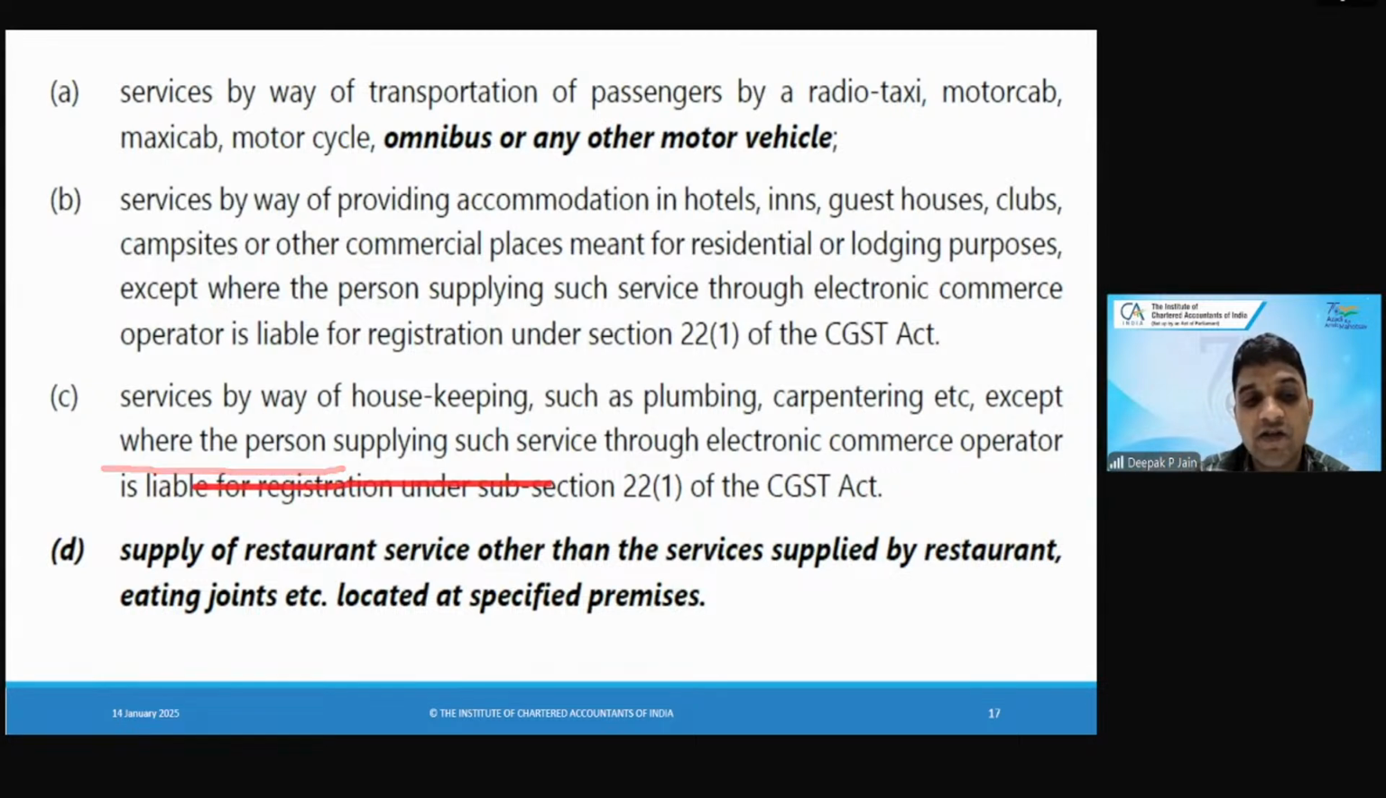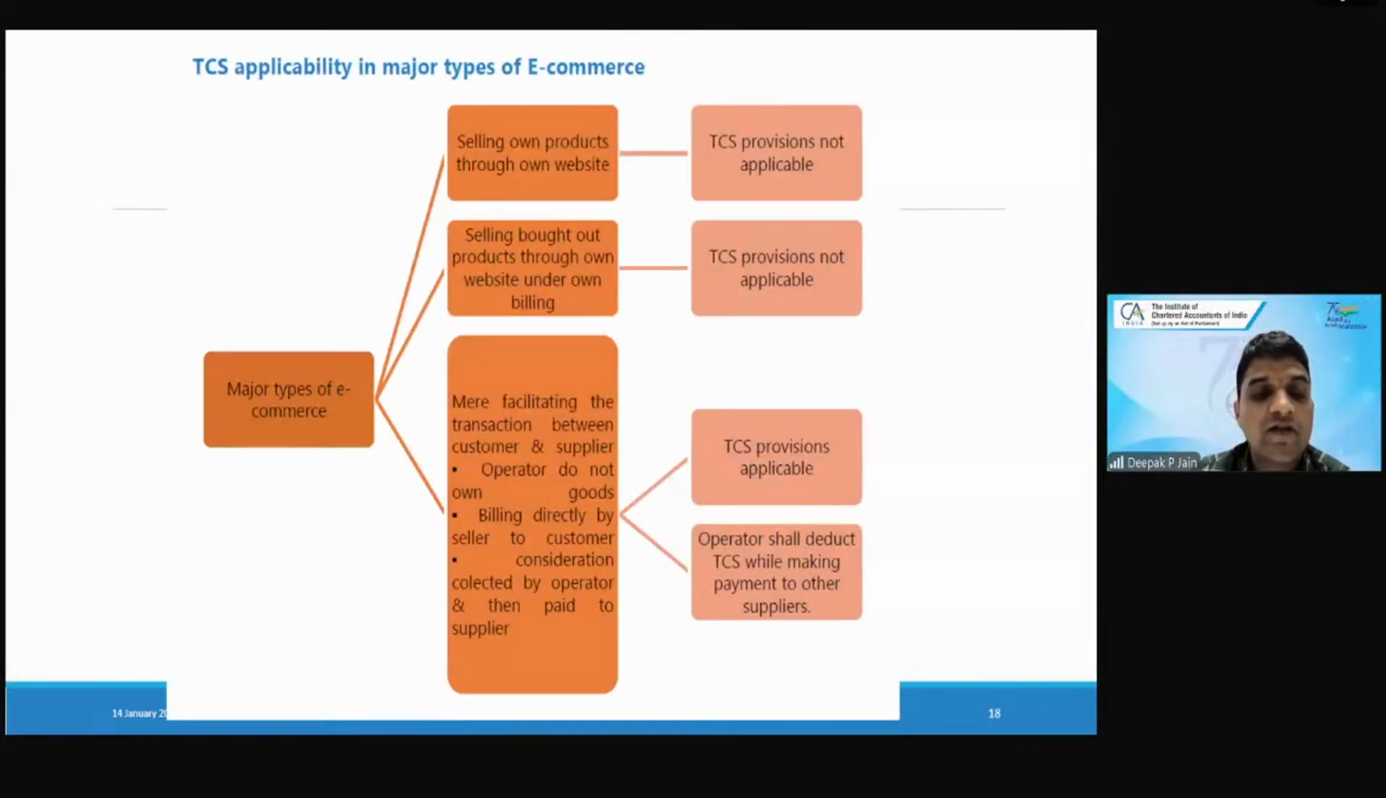So in all these scenarios, TCS is not applicable. Okay, so what are the major types of e-commerce? Selling own products through their own website. This is what we had discussed. When you are supplying goods of your own product through your own website, then TCS provisions will not be applicable. When you sell bought out products through your own website under own billing, okay, you buy it and you sell it through your own billing